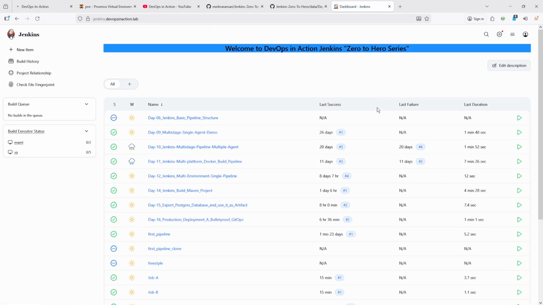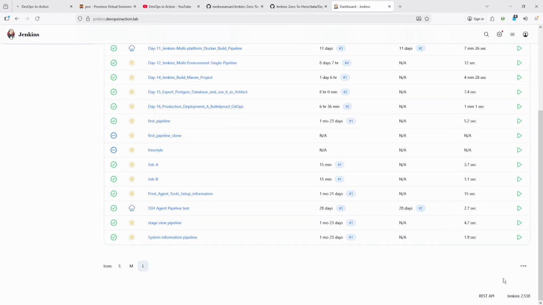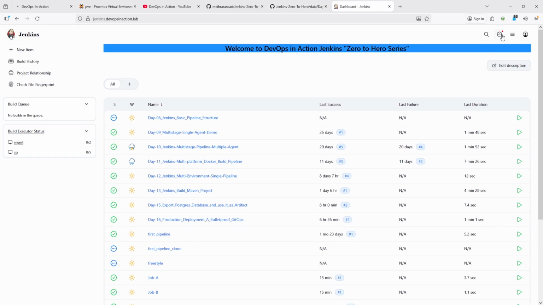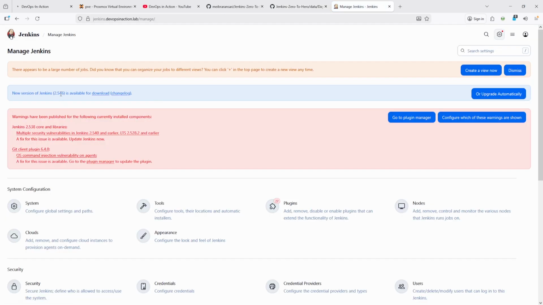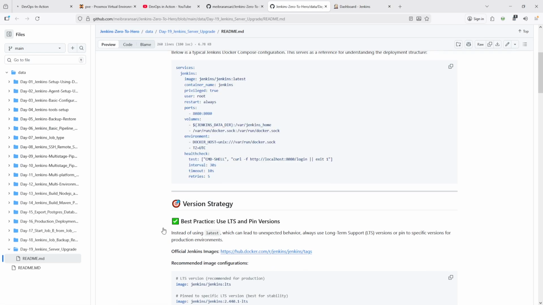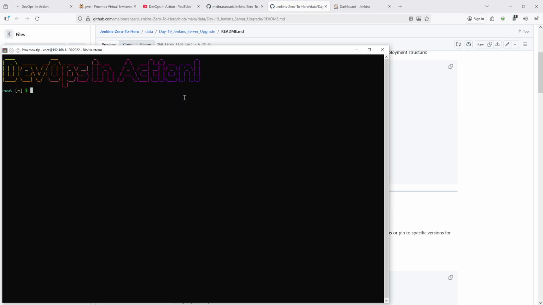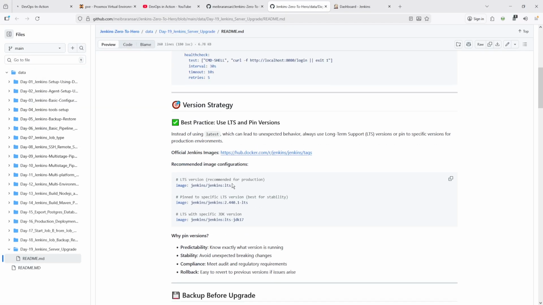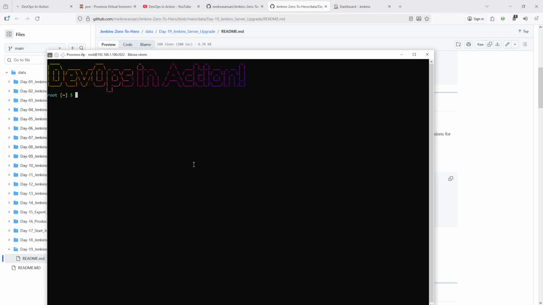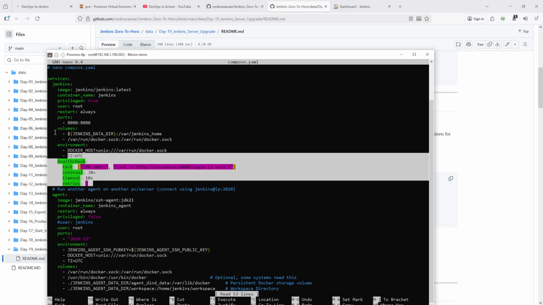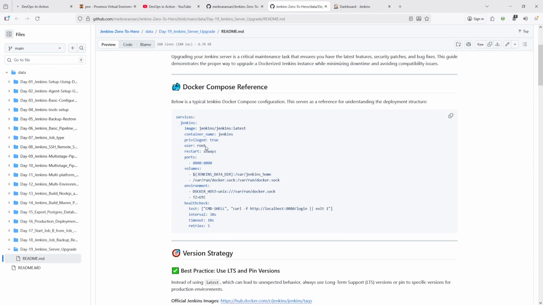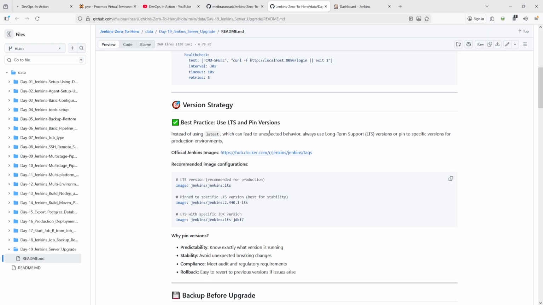So let's see this Jenkins upgrade to the latest version. As of now it is 2.538, and we want to upgrade it to 2.546, right? So let's see one by one. Let's connect our terminal, and once the terminal is connected, go to the path where Jenkins is, and open the compose file with nano. I want to show you the same compose file available here, which is here, and